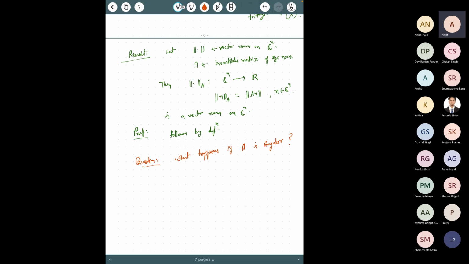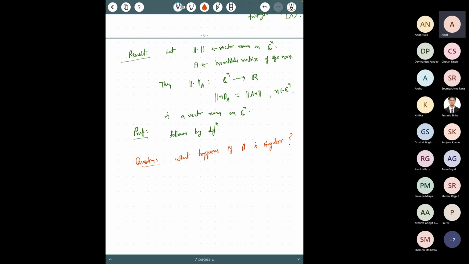For example, convergence in a finite dimensional normed space: if a sequence is converging with respect to one particular norm, then it will also converge with respect to any norm, because any two norms are equivalent. So for certain purposes this result will be useful. But in other cases,